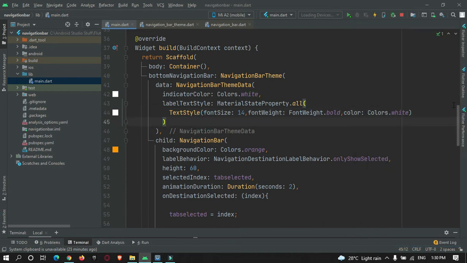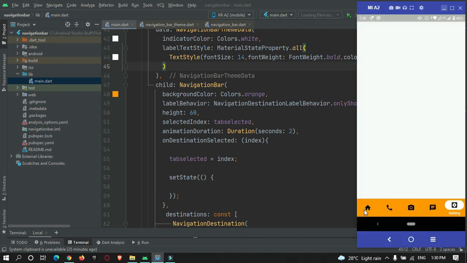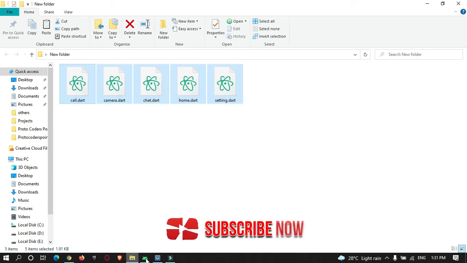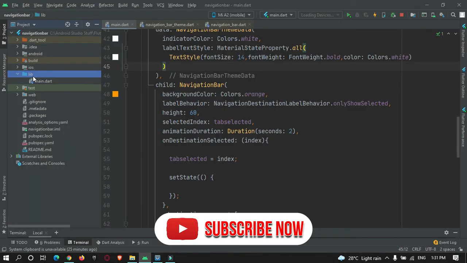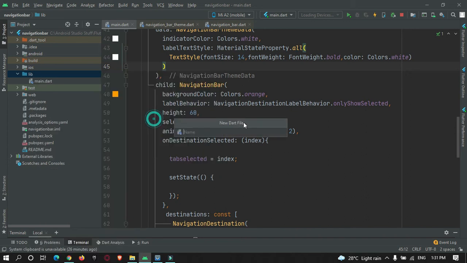Okay, so now let's create pages from where a user can navigate to different pages by tapping on these navigation bar tabs. I have already created some pages, so I will just copy paste the code here in the lib folder. You can just create new dart files, give a name and hit enter.